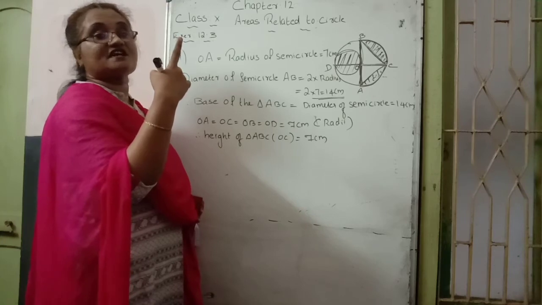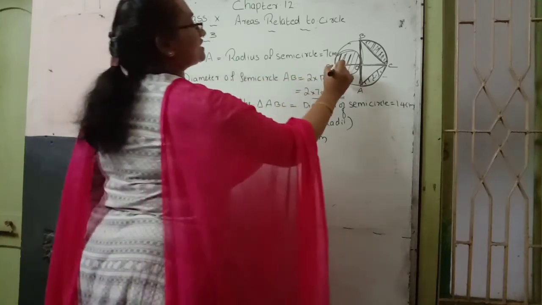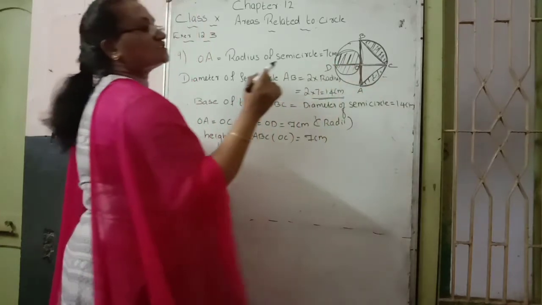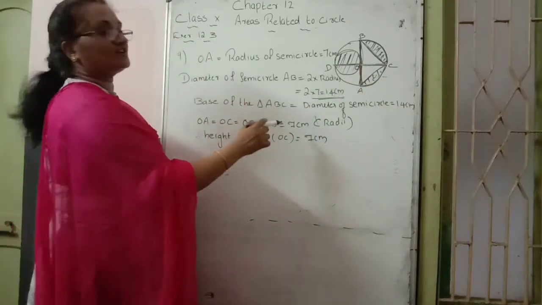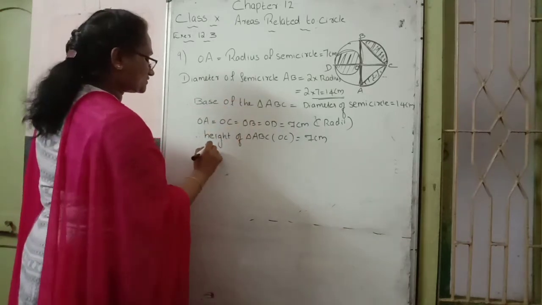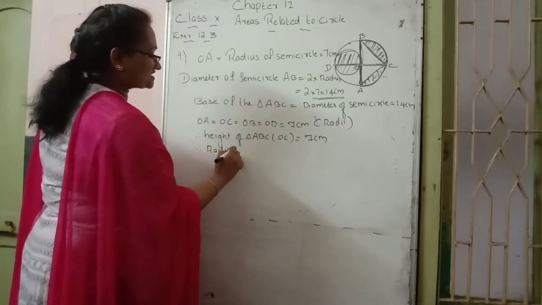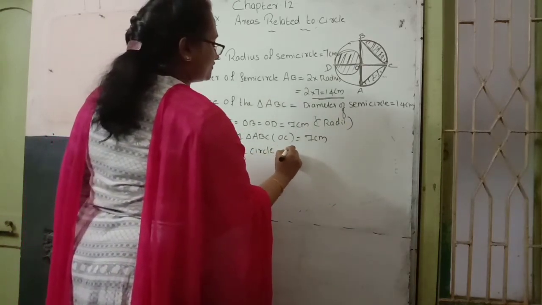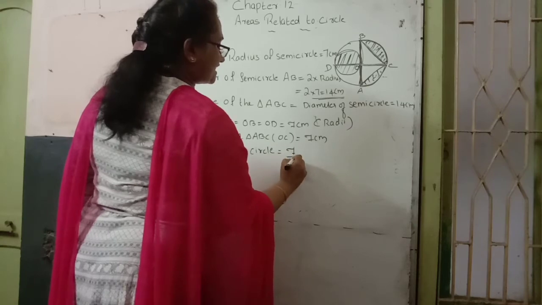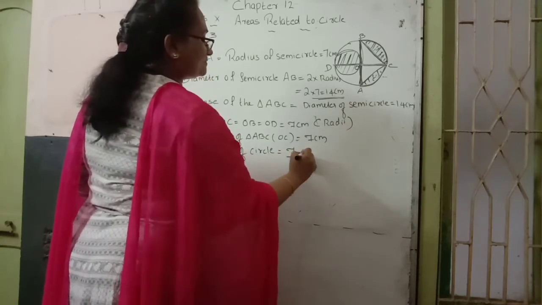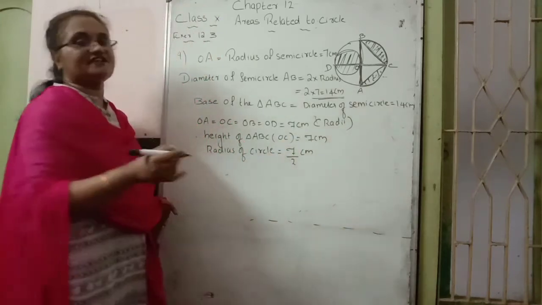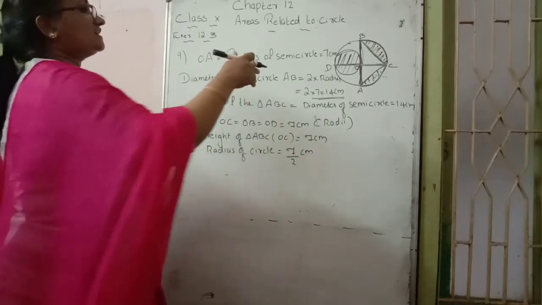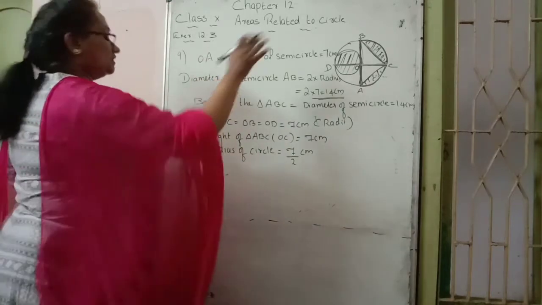Area of circle is pi r square. R means radius of circle. Radius of circle means half of this diameter. So diameter is OD. OD is how much? 7, and that's why the radius of circle we can write as half of diameter. OD is the diameter. So half of 7 becomes 7 by 2. Don't want to divide. So 7 by 2 centimeter is the radius of that circle. Then we can go through that information.